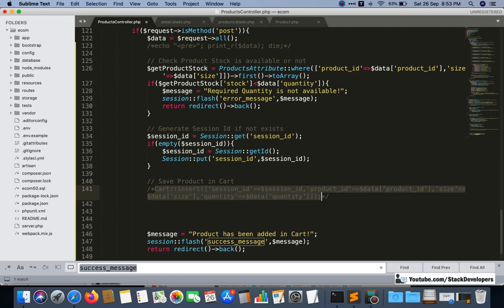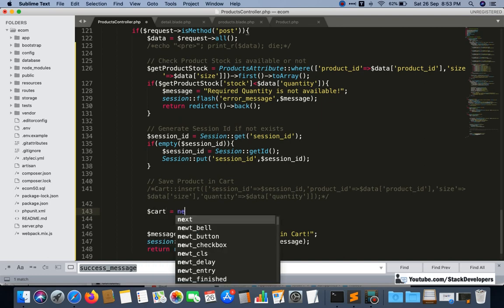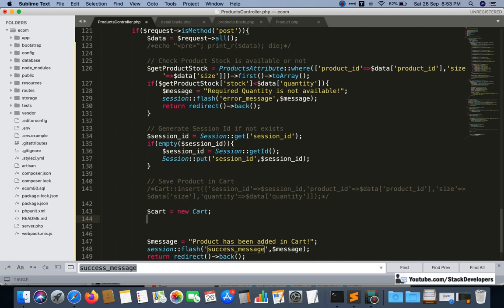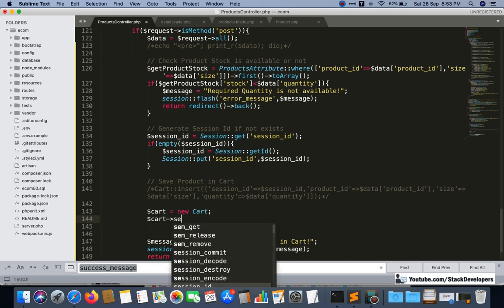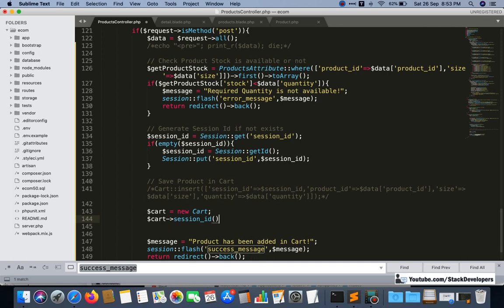We can disable this one and we can use the another one, and that is $card equal to new card, like this, and then $card, then everything will come here, session ID, $session ID, like this.